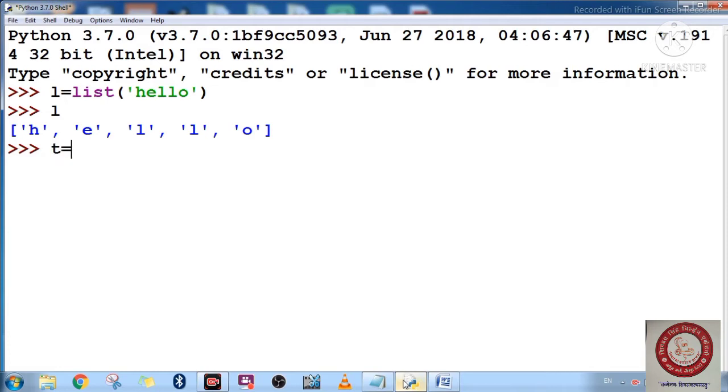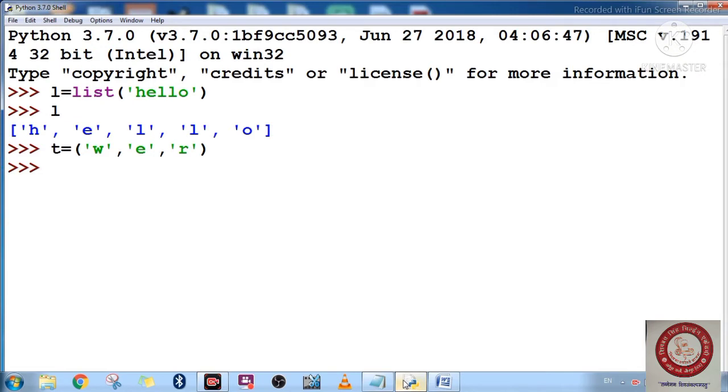Suppose I have written here t equal to, suppose I have taken a tuple here. Suppose I have written here W, then E, then R, then close it, right? This is one kind of tuple.